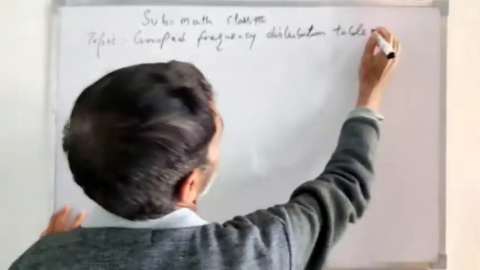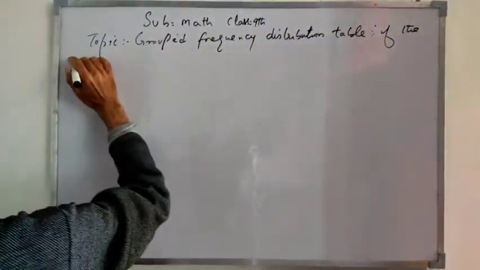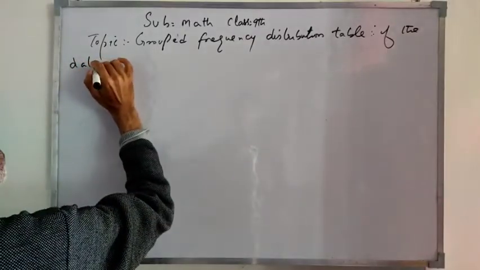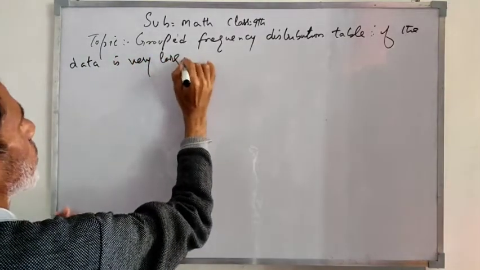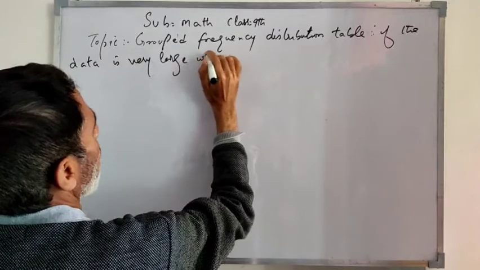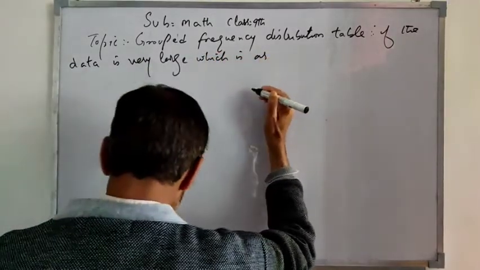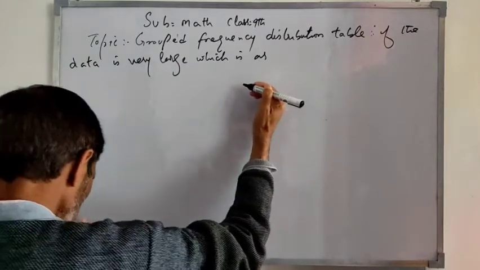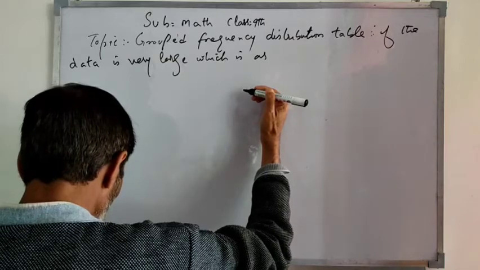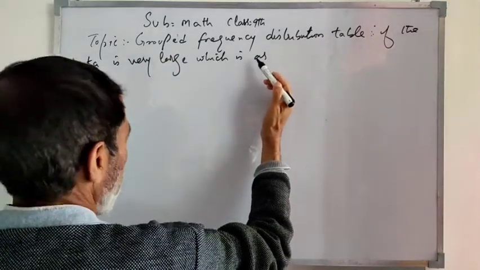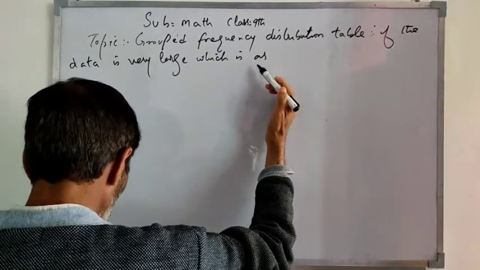If the data is very large, that is, there are a large number of observations. For example, this is the data. There are 30 students in a section of class 9th in a school, and in a test